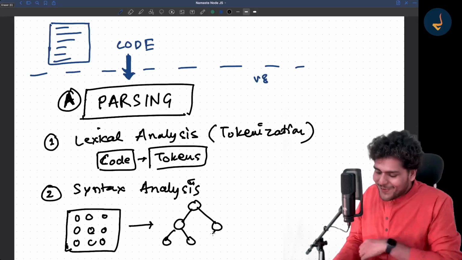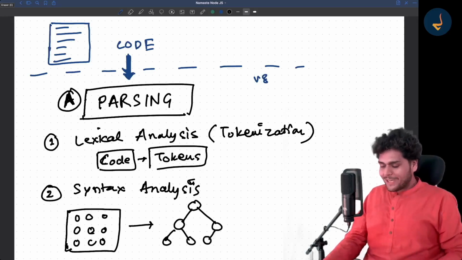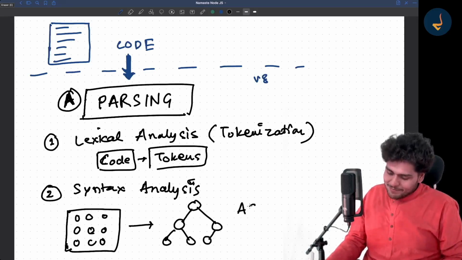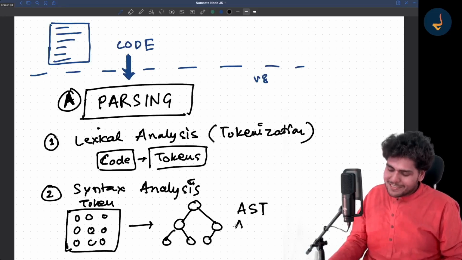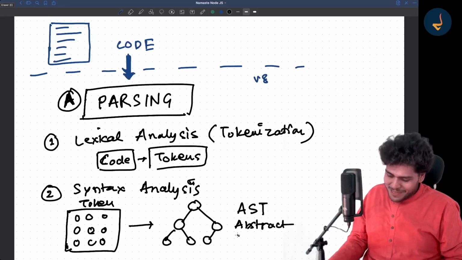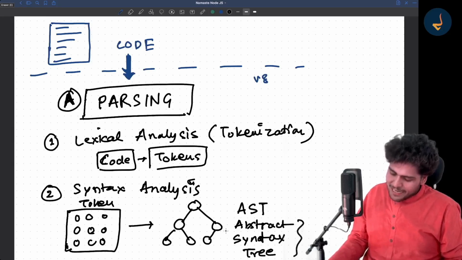Now I know that it might sound very complex. So basically your tokens are then converted into an AST. Now what is AST? It is known as abstract syntax tree. I know it's a very fancy name. I'll just show it to you. So this is your AST.